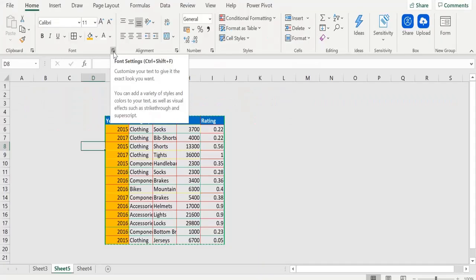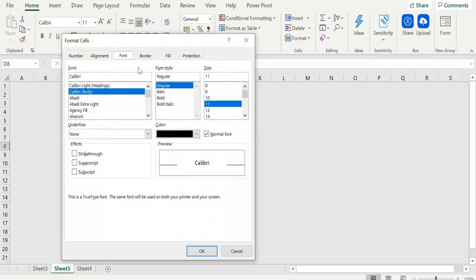If we click on this particular arrow at the bottom of the font group, it opens this option in front of us, which is saying font, and it has a number of other options also. This font type option will work in the same way as it works in this font group. This font size is also going to work in the same way. Similarly, we have the italic and bold options here, which will work in the same way. Underline will also work in the same way.